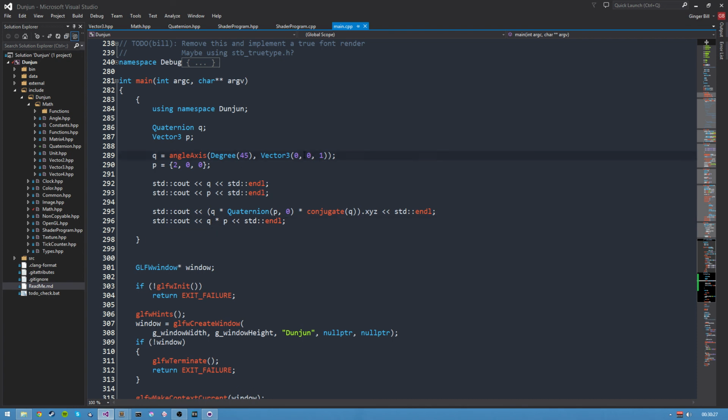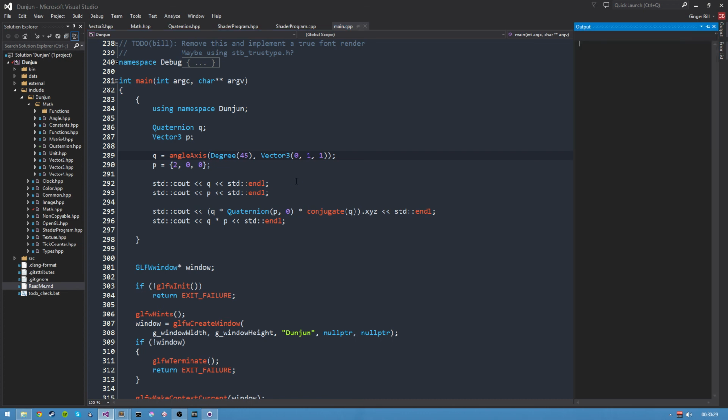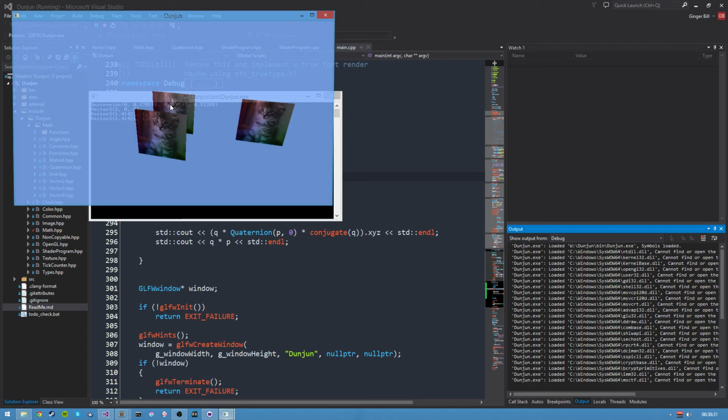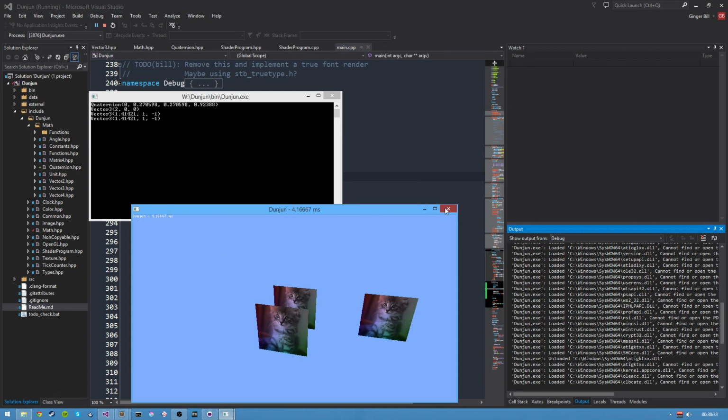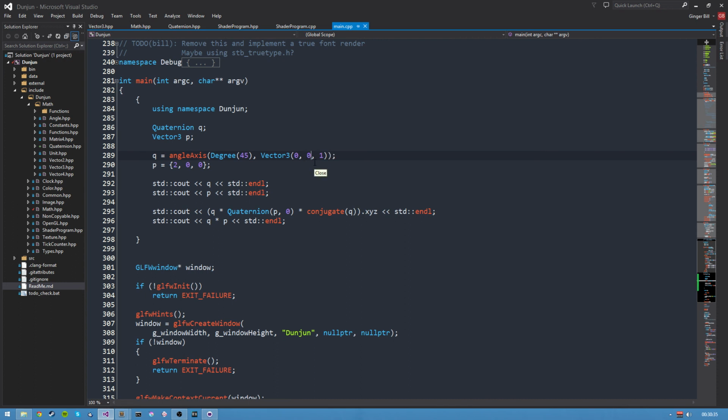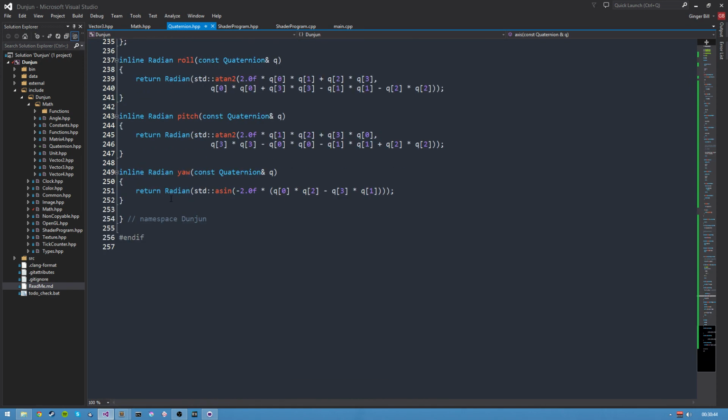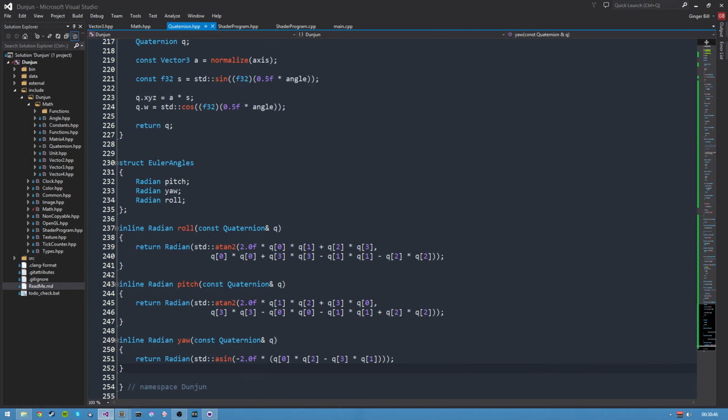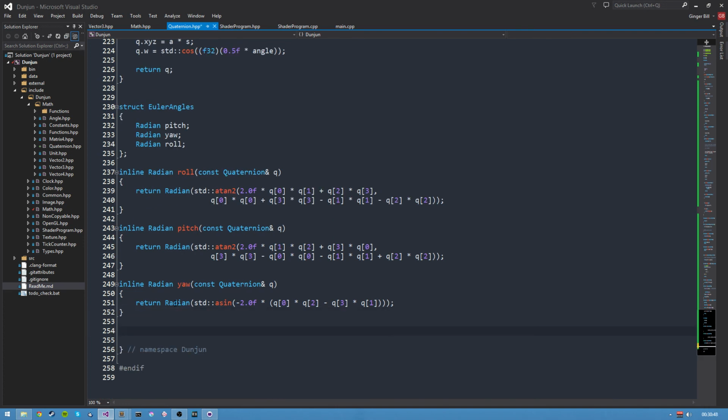Let's try a different axis, which is a bit off-centered. It should still rotate it correctly, yes. So our rotations work perfectly. The only things we haven't done yet in today's implementation, we're going to go into the Quaternion and give us some to-dos. I did the Euler angles, I didn't do the pitch, and I actually just